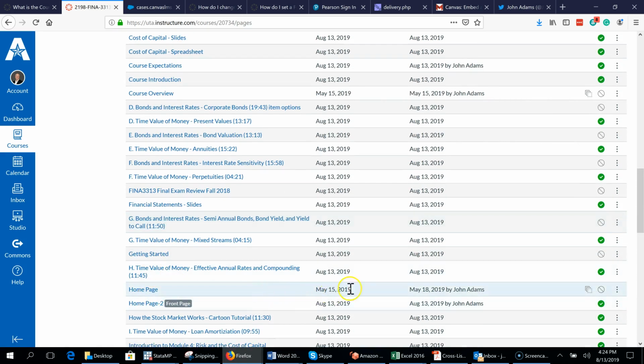Right here you can see this one that was May 15th. That was the default one that's in the system. I want to ignore that one. See, I even have that unpublished. And then this one here, the system calls it home page 2 because there's 2 of them. I went over there, and you can